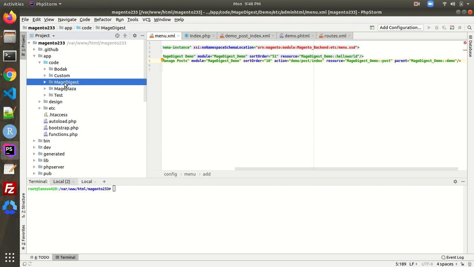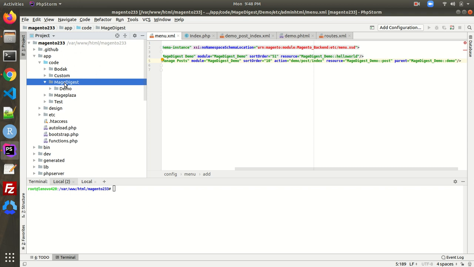Hello everyone. So in today's video, I'll discuss how you can integrate a particular link with the admin menu. In one of my previous videos, I talked about how you can create a Magento admin menu, but I didn't talk about how you can insert a certain URL so that if someone clicks on that particular admin menu, we can redirect it to a certain page within the Magento admin. So in today's video, I'll talk about it. Without any further ado, let's get started.